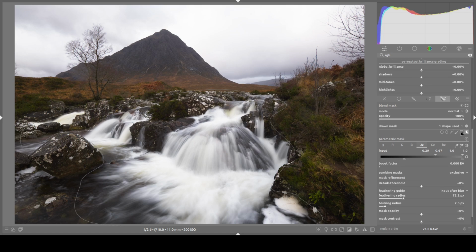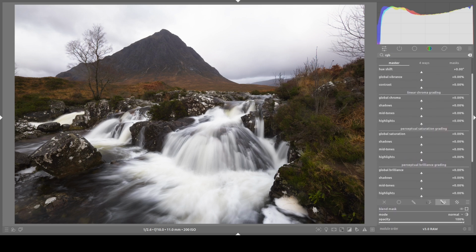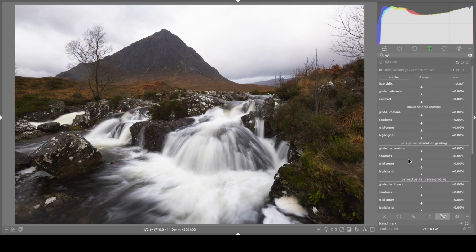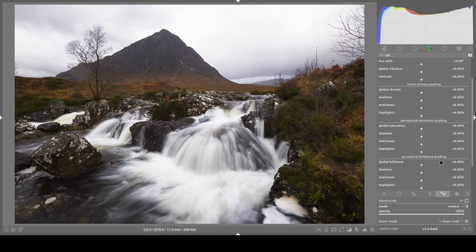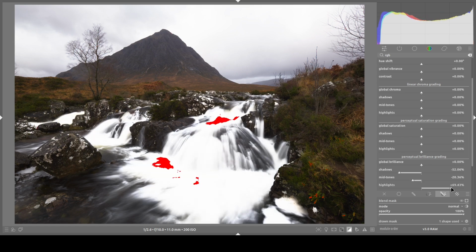Okay, so before we go up to the settings, I'm just going to click this Show and Edit Mask Elements button to remove that distracting line from where we drew our mask. And we'll go back up to our colour balance RGB settings. And I'm mainly interested in this brilliance grading again. I want to drop the shadows down, drop the midtones down, not too much, and give the whites a bit more of a boost. Again, clicking on the clipping indicator here, making sure that we're not going overboard. It's quite easy to overdo these